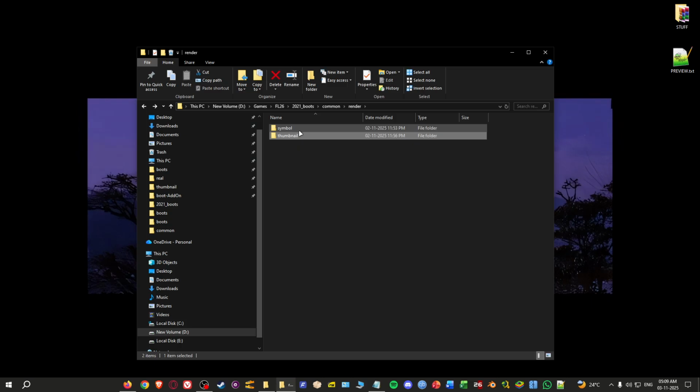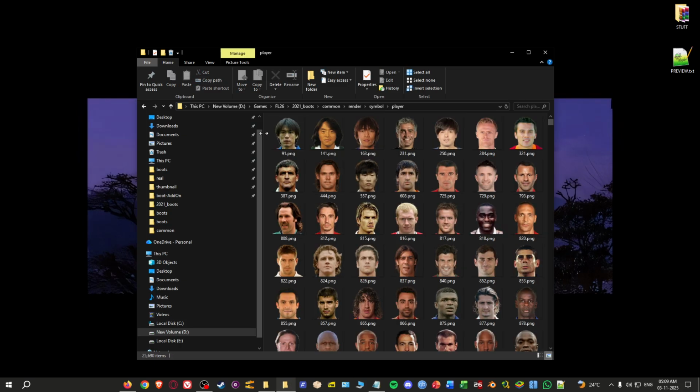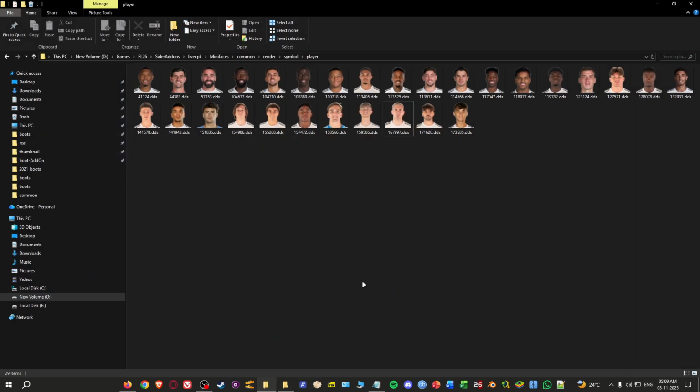So you need to go into symbol, you need to go into player. You may not find faces over there. This is because I have updated it. You're seeing so many faces, you may have zero faces over there. Okay, so let me show you Franco's face. So his ID is